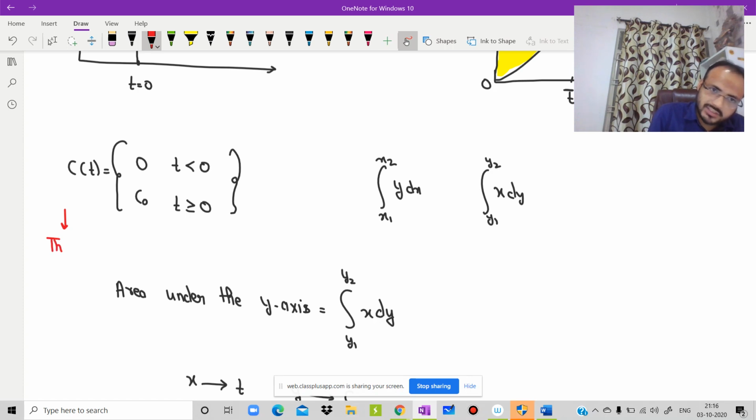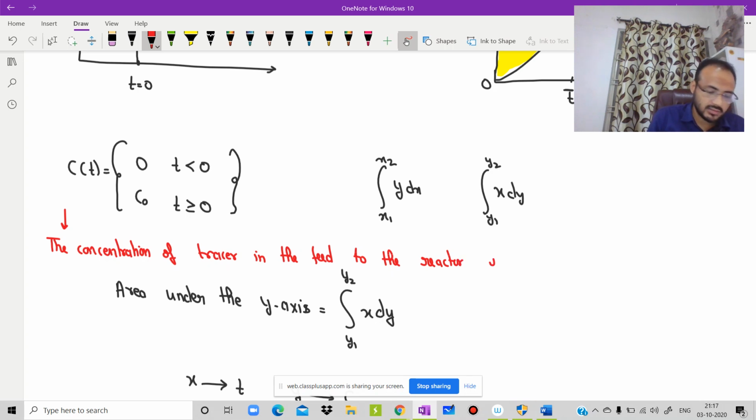The concentration of the tracer in the feed to the reactor is kept at this level. Kept at this level means C naught, kept at this level